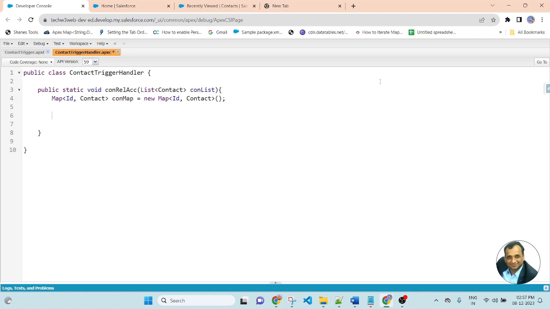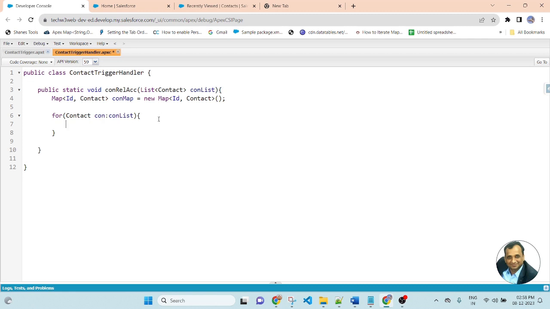Then we will apply a for loop. Inside the for loop, pass contact variable, colon. Here I am passing the list of the contact. This is a parameter. Then I will assign the value into the map.